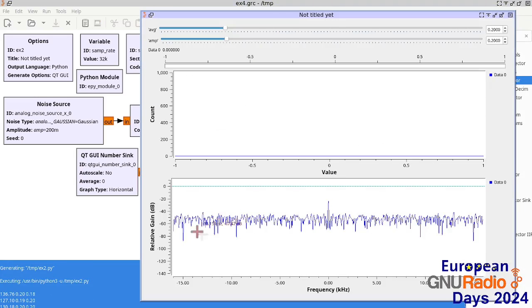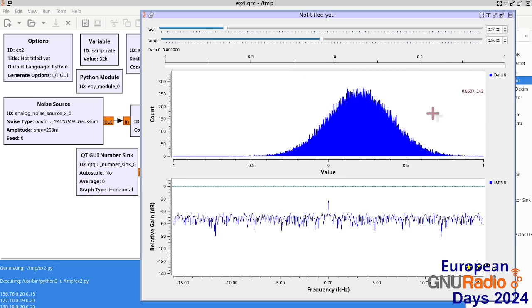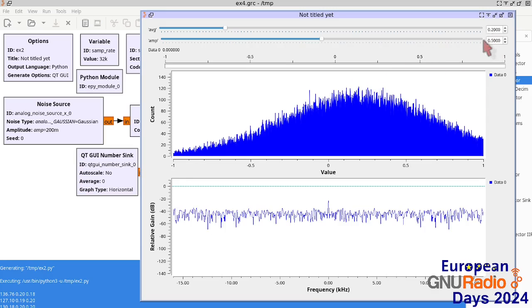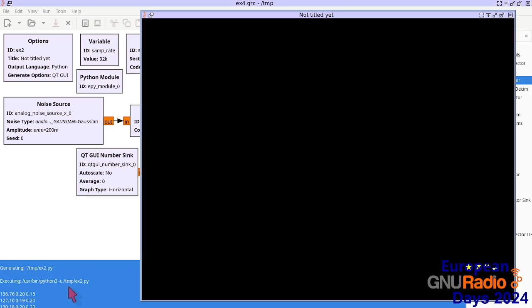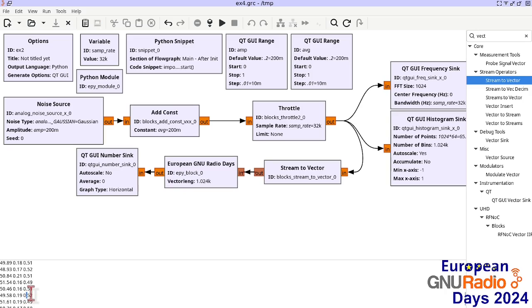a positive value. And if we run this, and for example, we increment the amplitude, so the breadth of the noise over here, for example to reach 0.5, and when you kill the flowchart to dump the display over here, we're going to see that the standard deviation indeed reaches the 0.5 which we just calculated, and you see that now the quantities are always positive. So we have a mean value 0.2, the standard deviation that reached 0.5, always positive because we took the absolute value. So this is the output of your